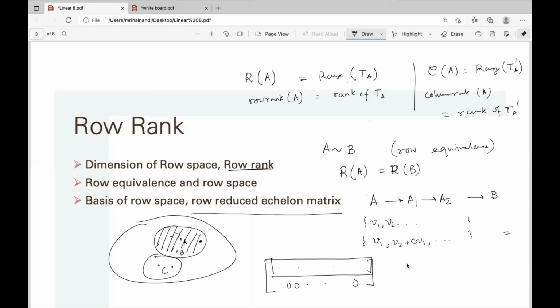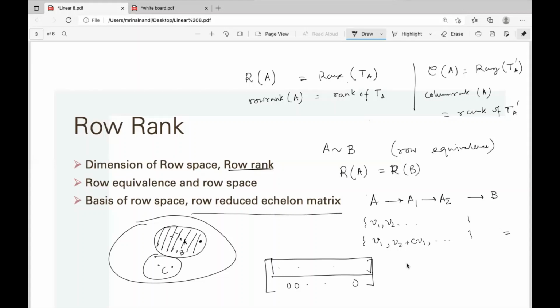How do you get the row reduced echelon matrix of a matrix? What is the method? First, you have to give the algorithm. Yes, there is an algorithm. Then you have to prove this algorithm terminates. Yes, we can prove that the algorithm terminates. Next, we have to prove it terminates to a unique matrix. Yes, we already proved that it terminates to a unique matrix.